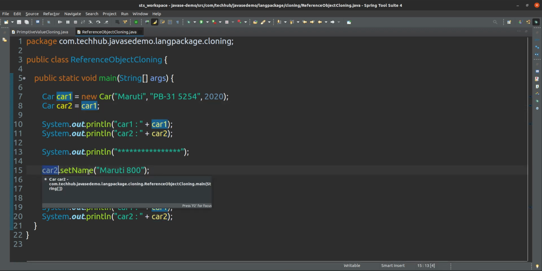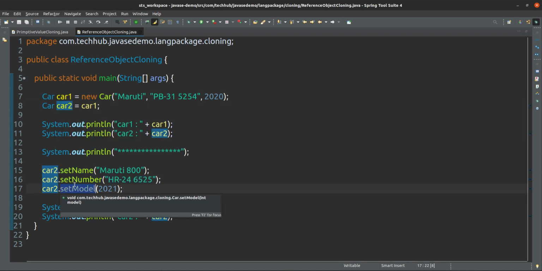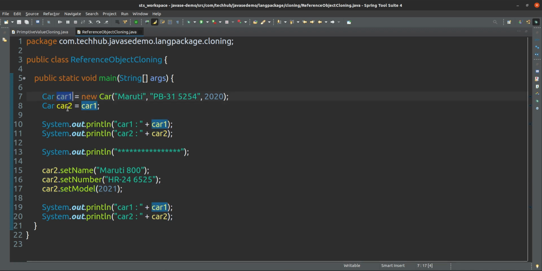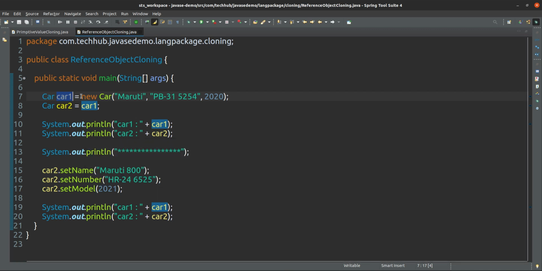So the car name will be set to Maruti 800 for car1 and car2 both, and the number plate also will be changed for both reference variables car1 and car2, and the model also will be changed for both, because both reference variables car1 and car2 are pointing to the same object only.